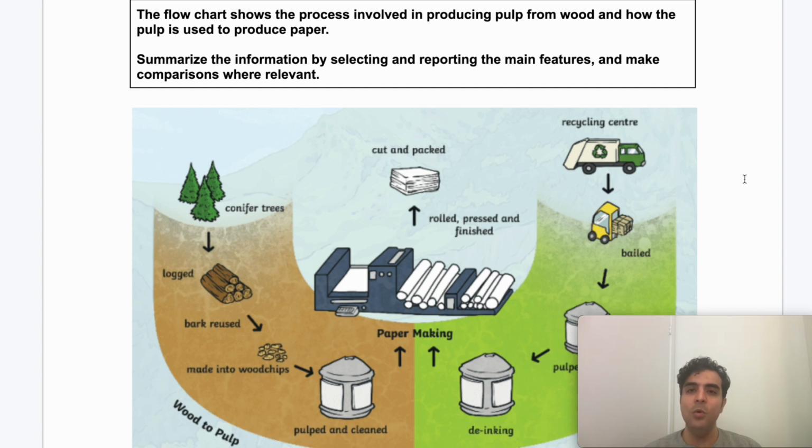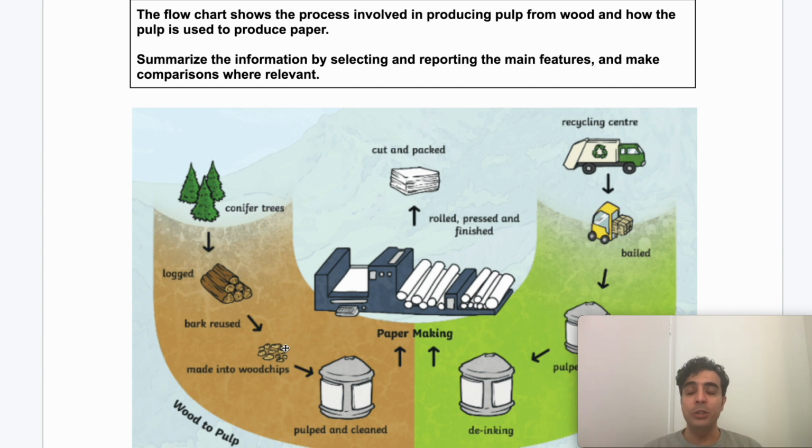When we're dealing with qualitative data, in IELTS, it's always a process. So what do we see here? Here we see the process through which paper is produced, right? So we have conifer trees, they're logged, and the wood is used to create bark, and the bark is then used to create wood chips. So as you can see, there are steps through which this process